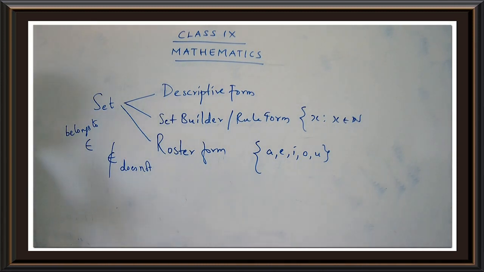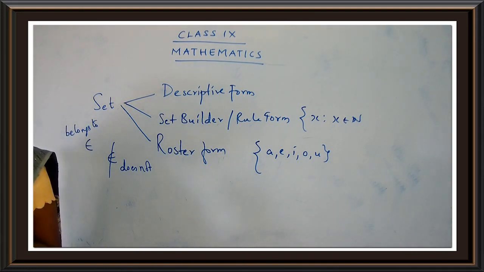For exercise 1.2, we dealt with the different types of sets. Yes, what were the different types of sets? Empty set, singleton set, finite and infinite set, equivalent set, equal set, universal set. Yes children, we have listed all the different types of sets, and we have explained, and we have also taken some examples. Okay children, so this was in your exercise 1.2.